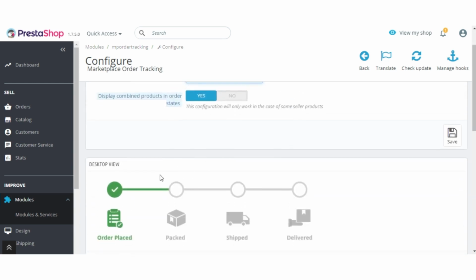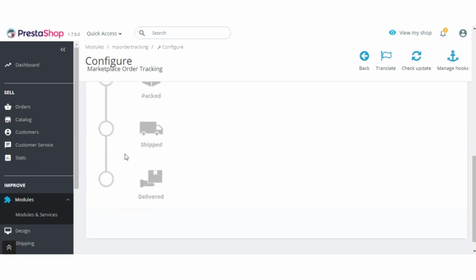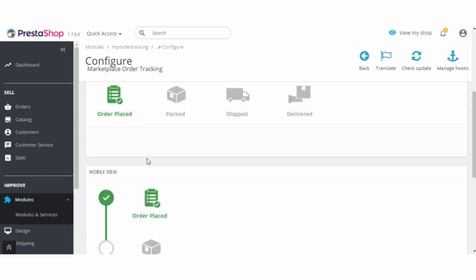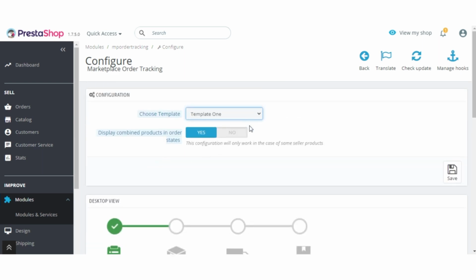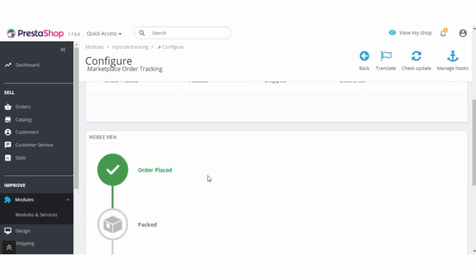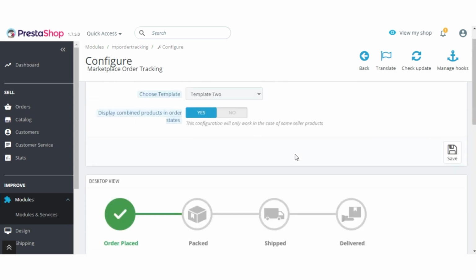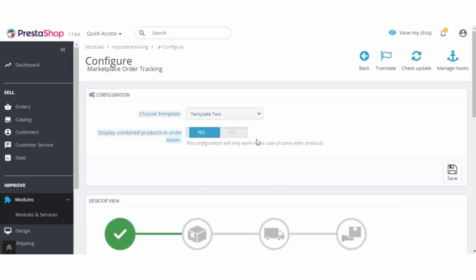This is the desktop and mobile view of the order tracking states of template 1, and this is the desktop and mobile view of the order tracking states of template 2. If this field is enabled, then the order tracking states of combined products will be displayed at the front end.